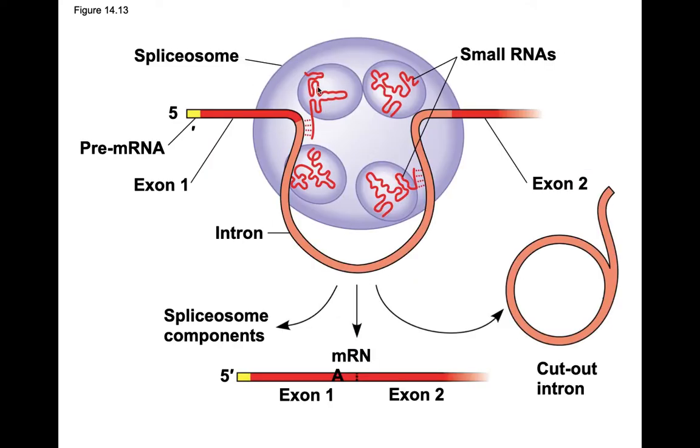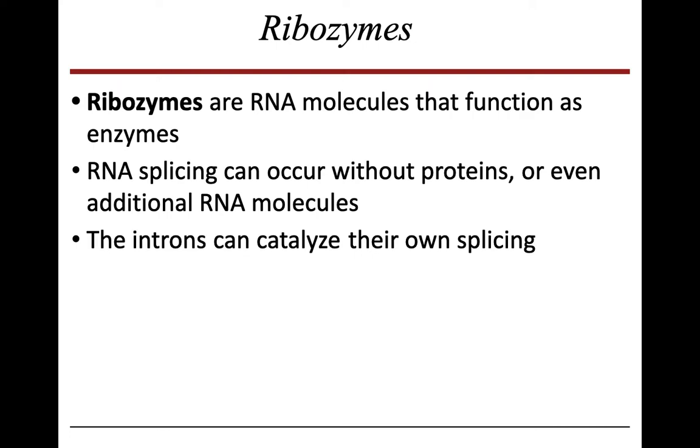And spliceosomes are protein RNA complexes that use small strands of RNA which code complementary to the introns to help remove them. So you can always think of spliceosomes as splicing out the information, and we use complementary base pairs to achieve this splicing. And ribosomes also do this. Ribosomes are RNA molecules that function as enzymes, and they can occur without proteins to also get rid of the